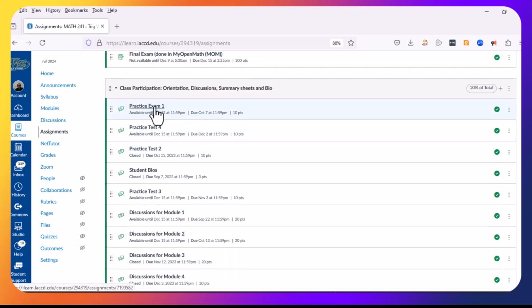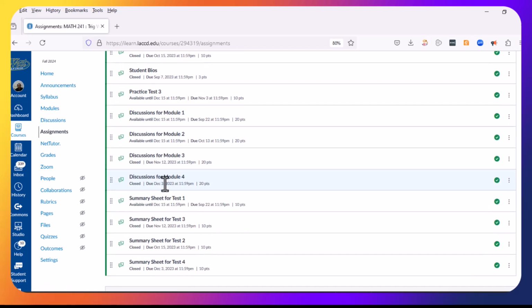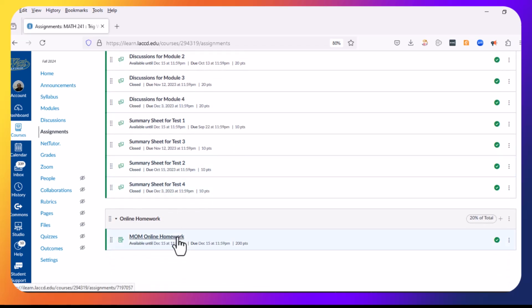and as you can see, you would receive points for submitting your practice test and weekly discussions and summary sheets, and all the homework assignments you complete in MOM, you would receive 200 points. That's 20% of your total grade, and this 200 points would be entered in the grade book at the end of the semester. Going to the syllabus,